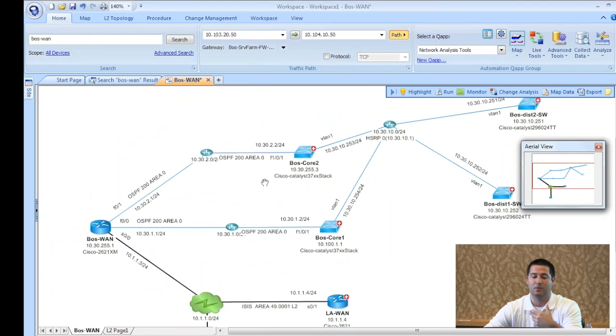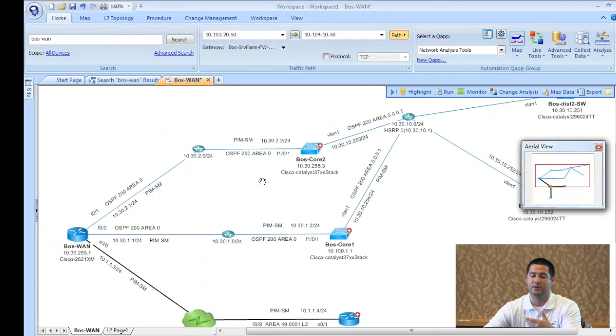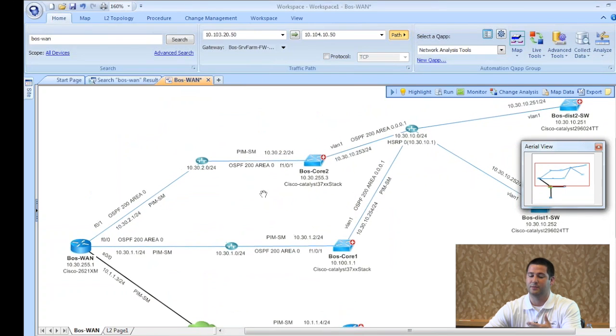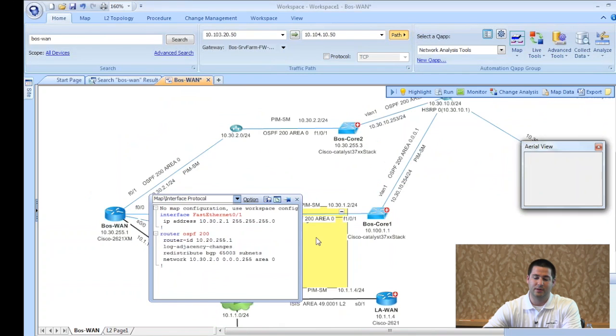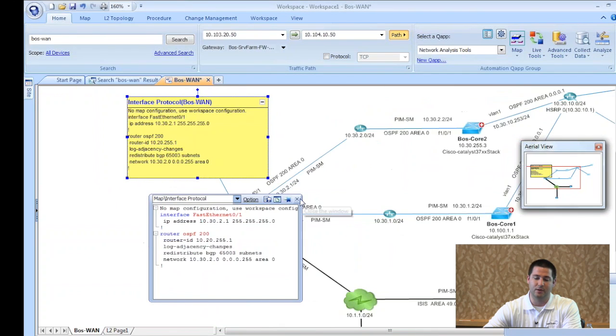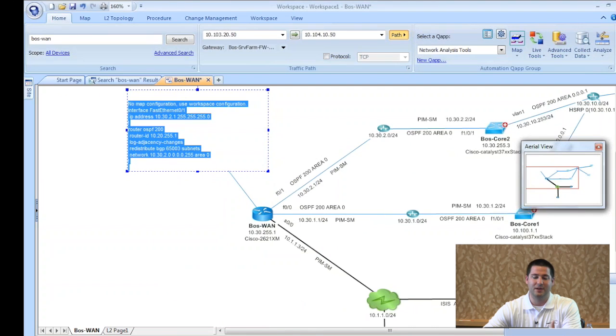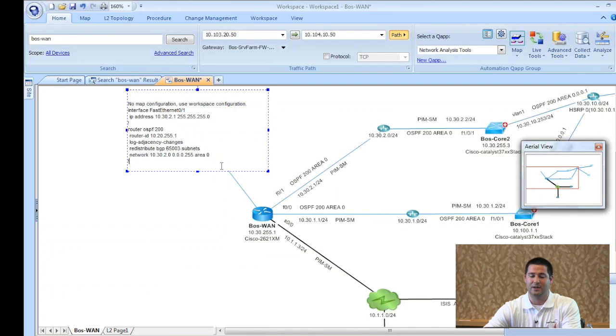So I can see routing protocols, the subnets configured on the interface, multicasting information. And I can hold my cursor over that data to actually see that piece of the configuration file that NetBrain was able to parse through in order to find out that, in this case, this interface was configured with OSPF. So I can display this information on the map as a note, and any changes I make to this aren't going to affect the configuration anyway, so I'm just adding notes to this particular map that I want to know